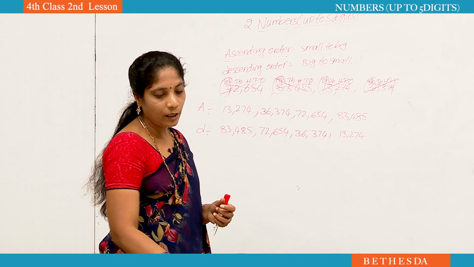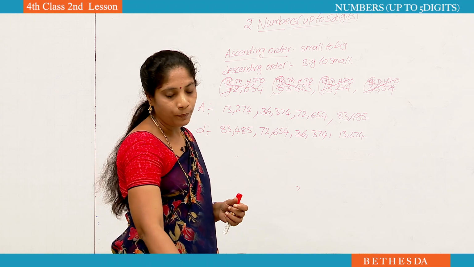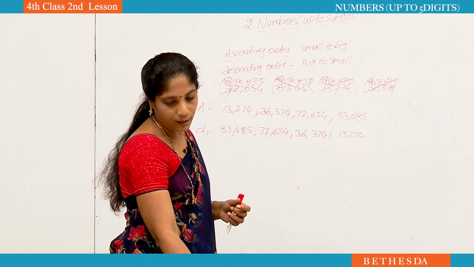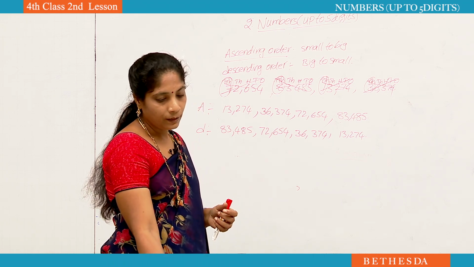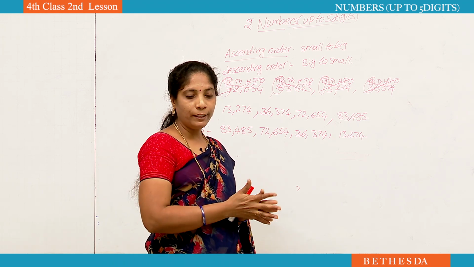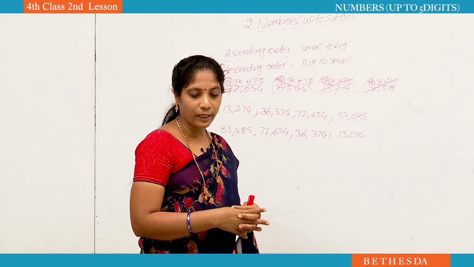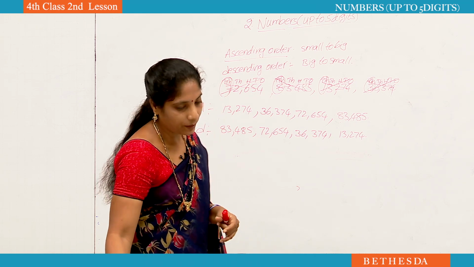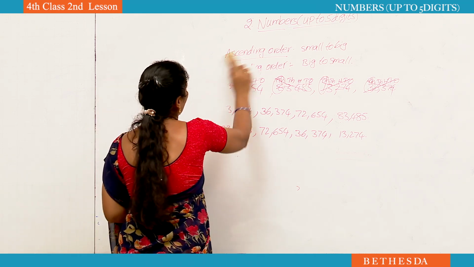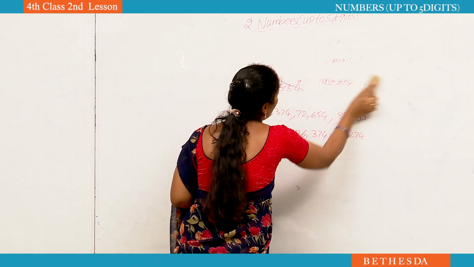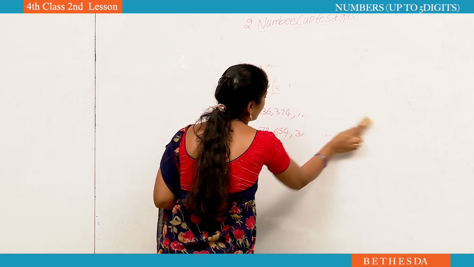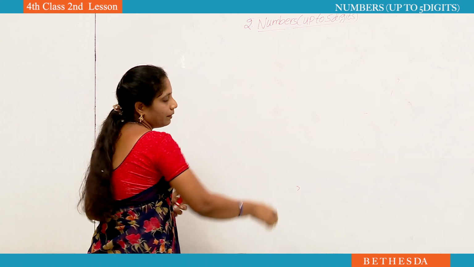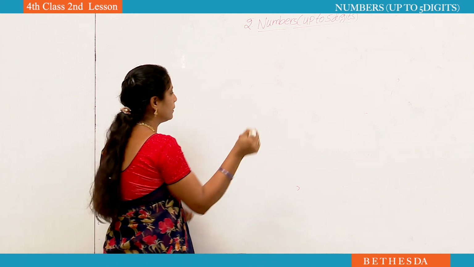Okay, if you know ascending order and descending order, you can do 2.11 activity, 2.12 activity also. After that, you have to complete 2.14 activity also. After that, question time also you can complete. See here, in question time, he is asking 10 more, 100 more, 1000 more, 10,000 more. See, I will end this with this topic.